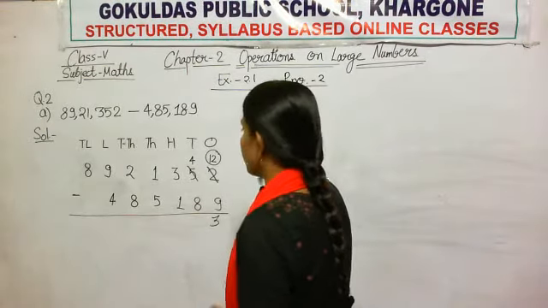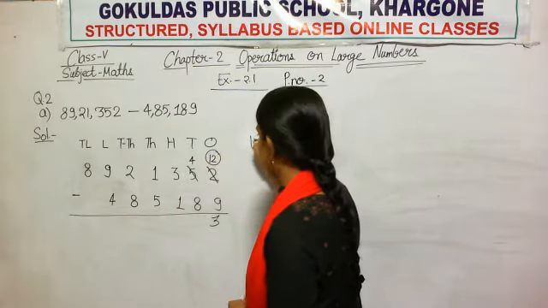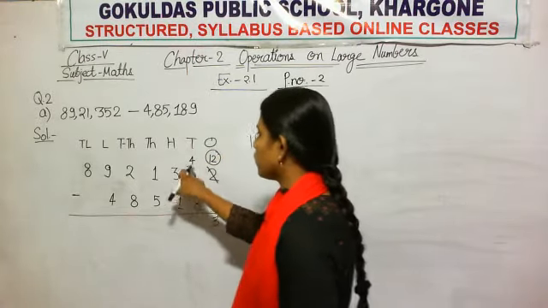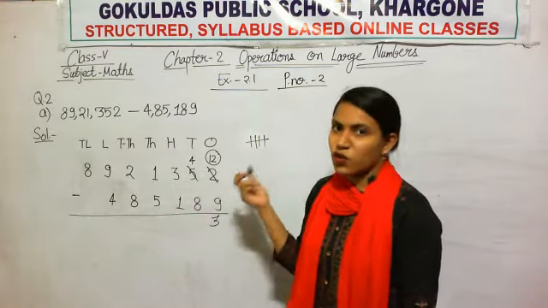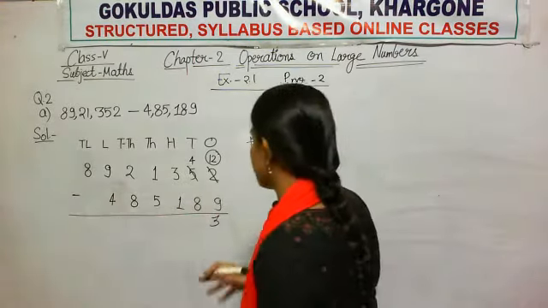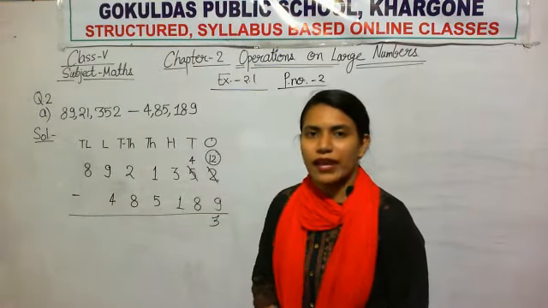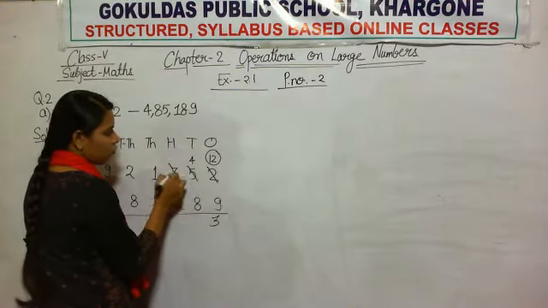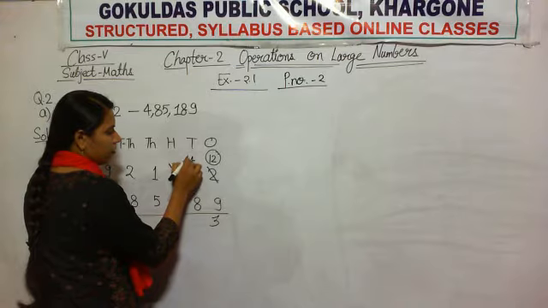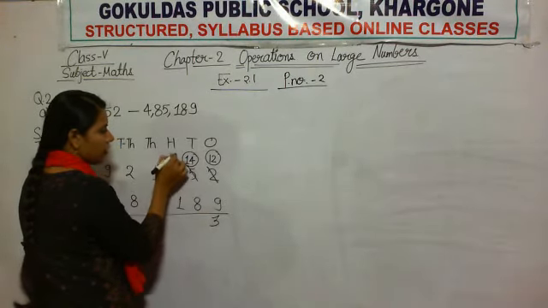Okay. Now move to the tens column. In the tens column you see that you have 4 sticks, digit 4. So draw 4 sticks. And you want to subtract 8 from the 4. So can you subtract 8? No, you have only 4 sticks. You cannot subtract 8 from it. So now what do you have to do? You have to take a borrow. It becomes 14 and as it gives a borrow to the neighbor, here only 2 is left.